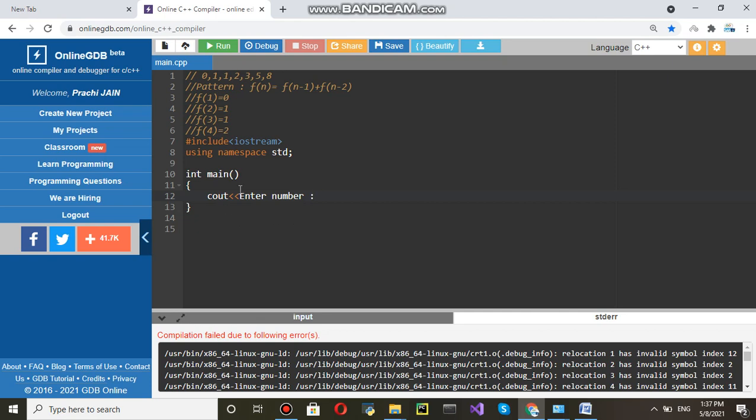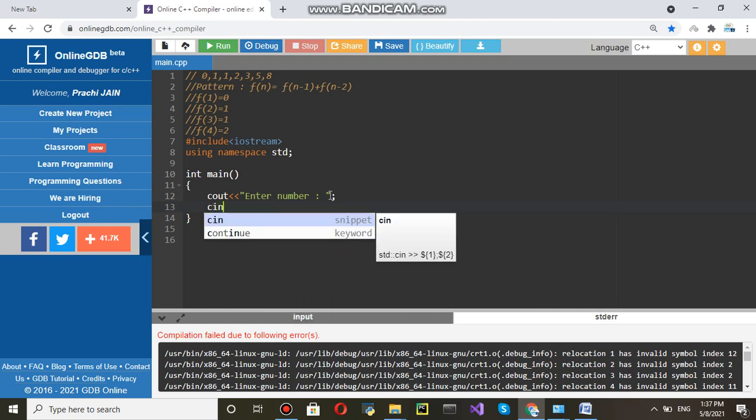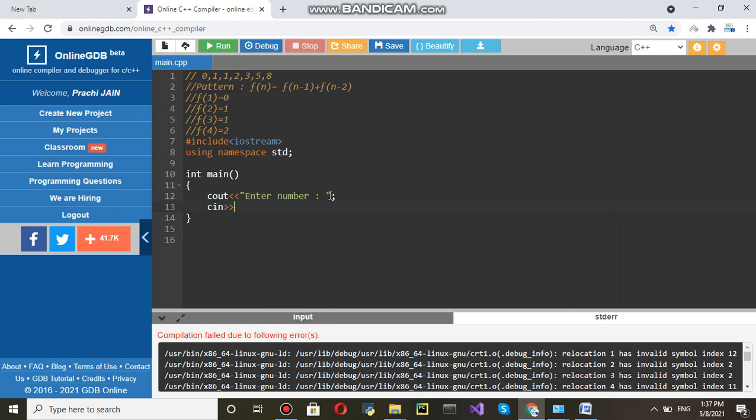So you have to enter the number, and then cin, you store that number, suppose n. So n you have to define here locally, int n, so here integer is there.